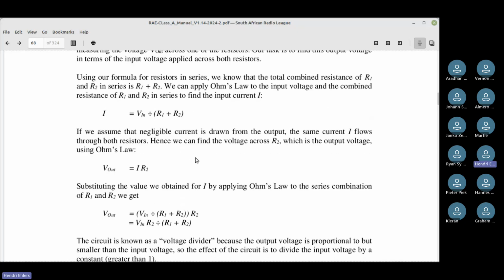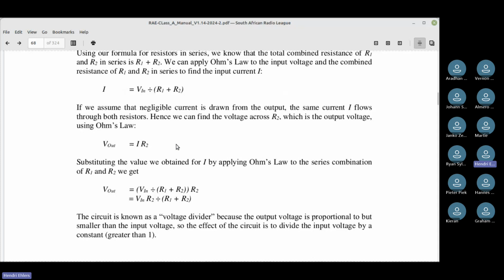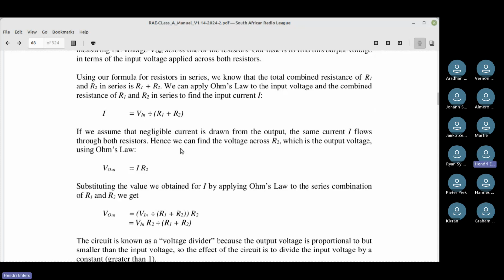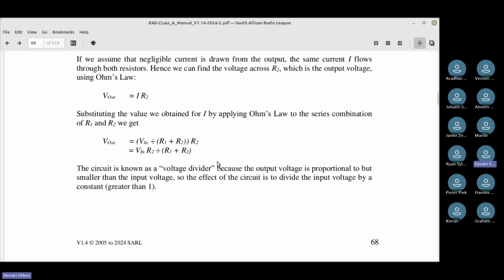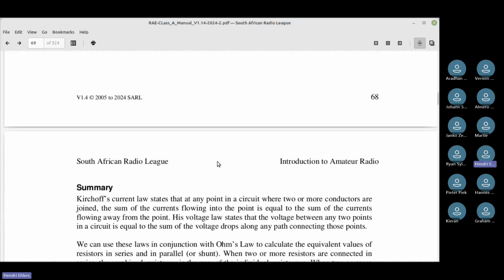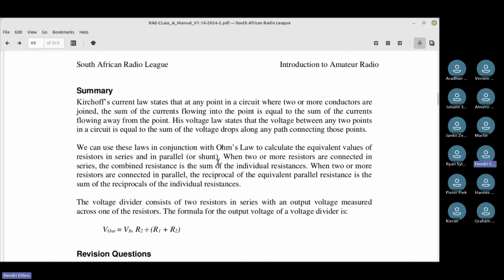Right, and then they've got a whole lot of different ways of getting to the same thing. I don't really like it if they explain formulas like this. I like it when there's numbers in, because then you can actually do it and get to an answer, and that's the easiest way to see whether you actually understand the formula.